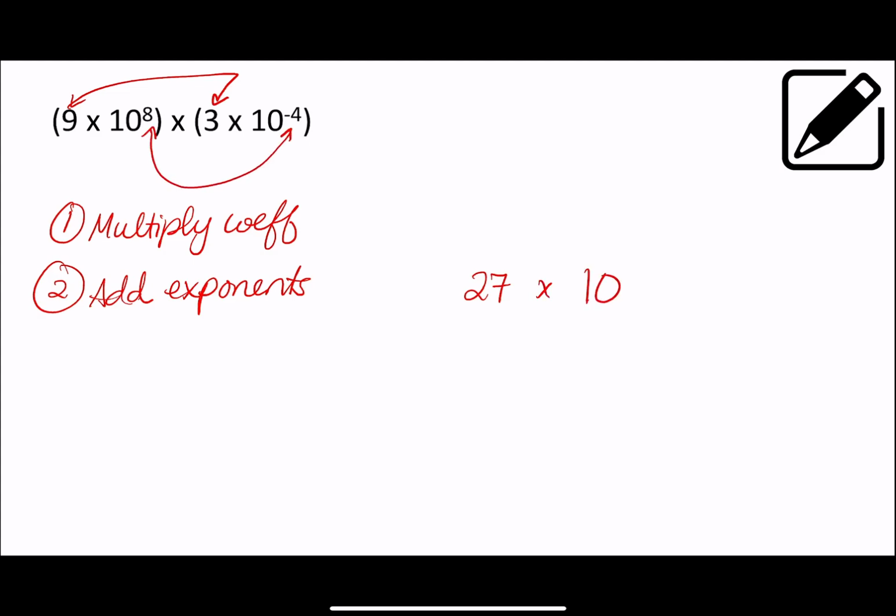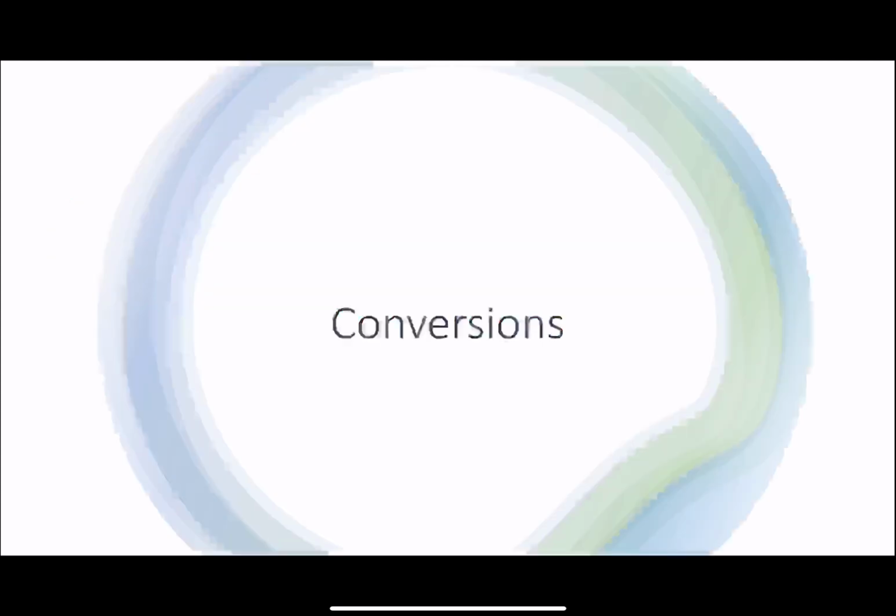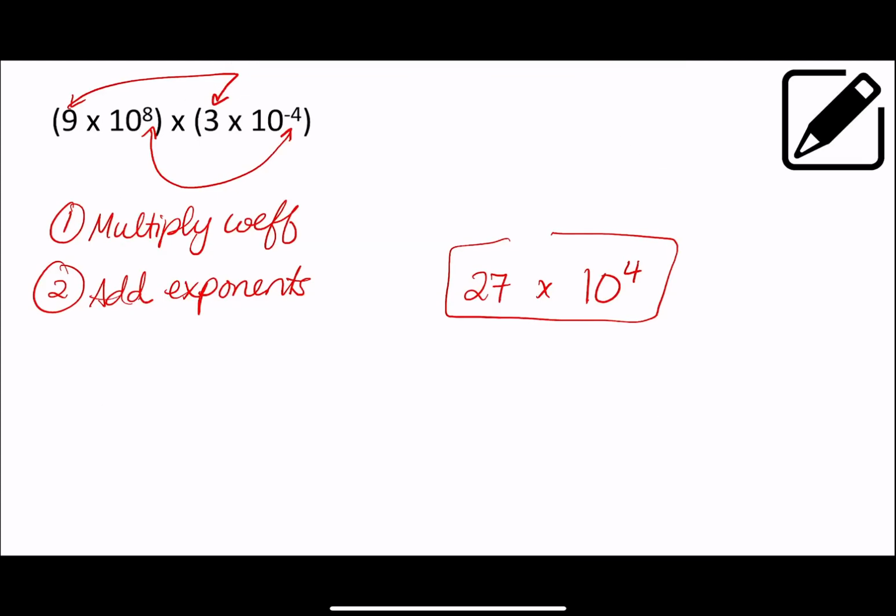When you're adding a positive and a negative, it's just like you're subtracting, so it's just going to be to the positive fourth power. Just like that. So if you need to